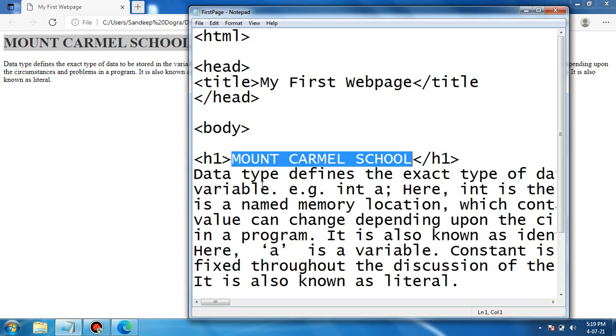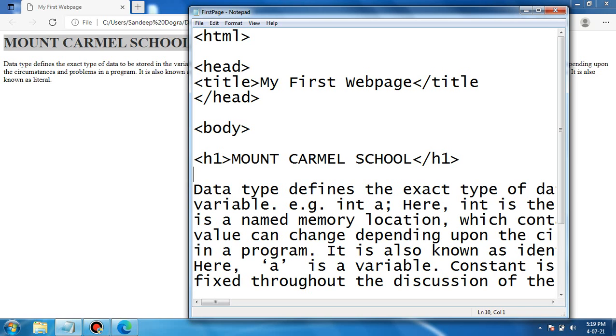Similarly we can use other headings. If I want to create more headings, there are 6 headings, h1, h2, h3 till h6. The h2 heading is smaller than h1, and can be used for subheadings. So I'm going to create a new heading here, data types. Now we will keep these two words within the h2 tag. So this is the start tag h2. Now you can see this will be treated as a subheading,